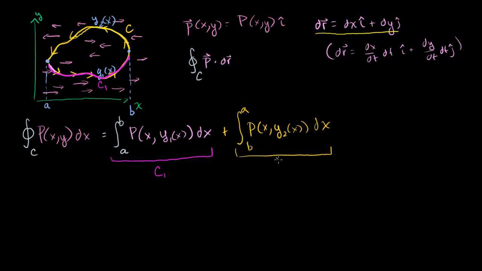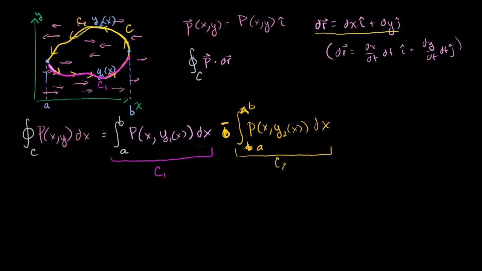So this is the curve c2. I think you appreciate if you take the union of c1 and c2, we've got our whole curve. So let's see if we can simplify this integral a little bit. One thing we might want to do is make their endpoints the same. If you swap a and b here, it just turns the integral negative. So you make this into a b, that into an a, and then make that plus sign into a minus